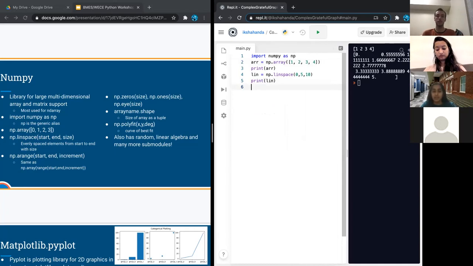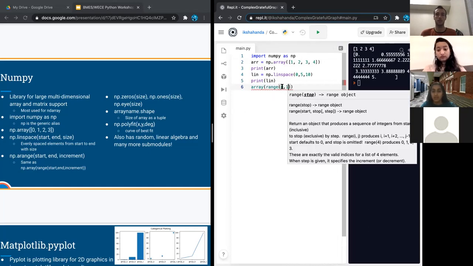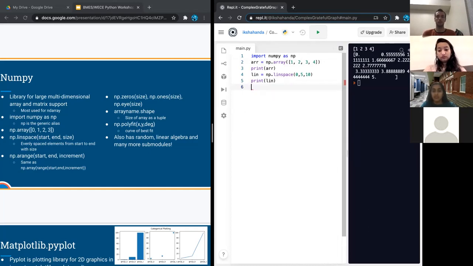This is essentially the same thing as if you had an array and you put a range from 0 to 1, so that it just consolidates that. Then you can do your range as np.arange. You have a start, a stop, and then the increment, where the default is 1. You can change your increment to, let's say, 1.25. And then when you run that,